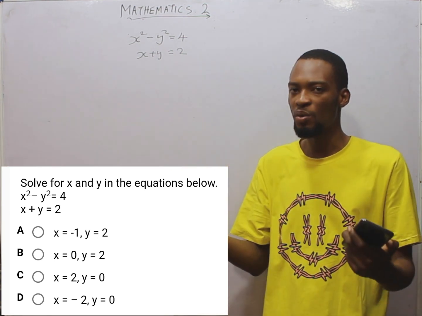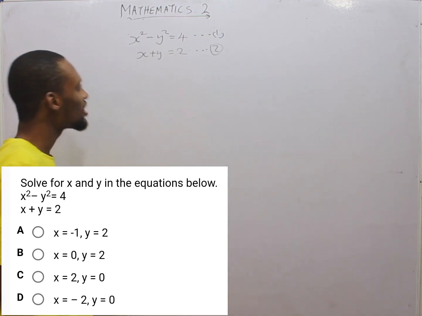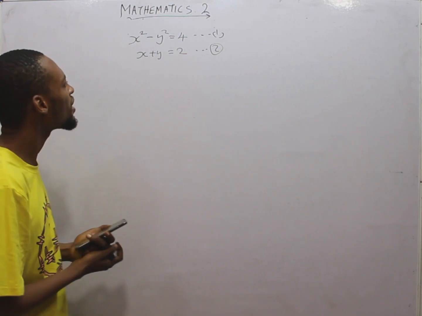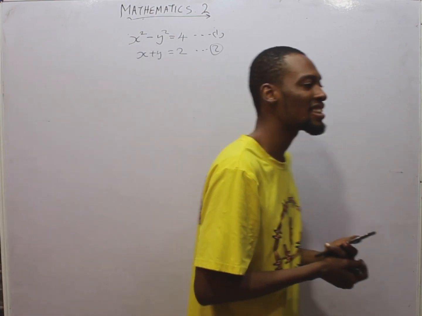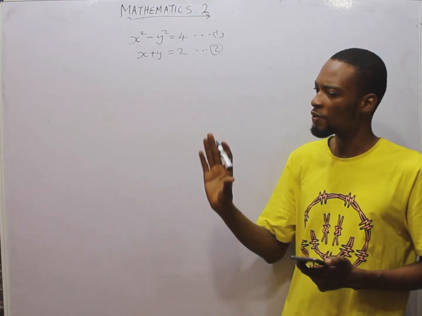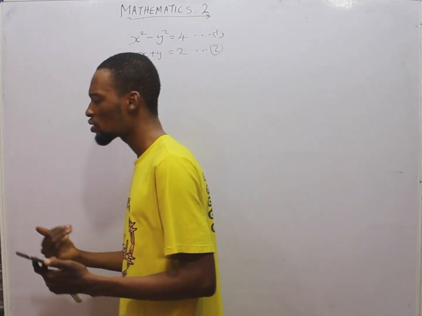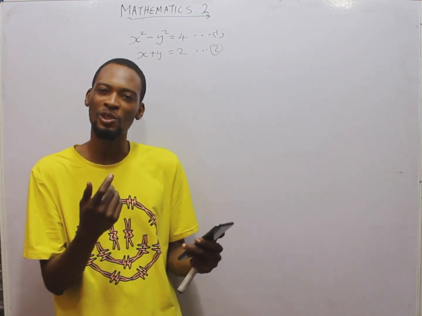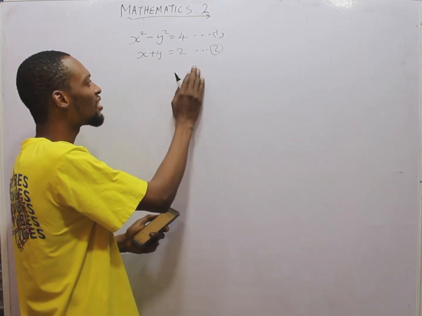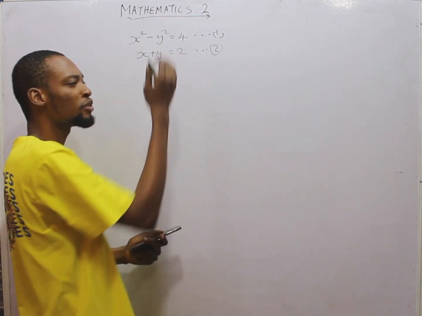First, label the equation. Call this equation 1 and call this equation 2. In this type of simultaneous equation, you must use the substitution method. When you are given a simultaneous equation where one is quadratic, that is, a degree of 2, and the other is linear, simply use the substitution method. Now, relax. Let me guide you through the substitution method of solving simultaneous equations. From equation 2, which is the one that is linear, when I say linear, I mean the power is 1. So this one has a power of 2.